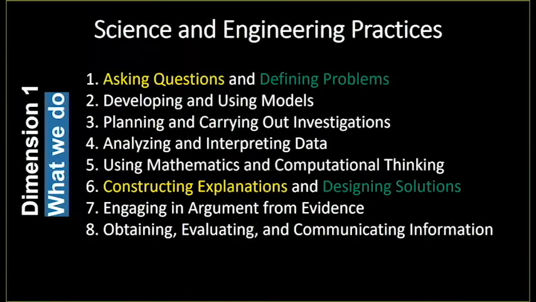So let's move on and just really focus on the science and engineering practices, because these are the things that students are doing. This is the dimension that really has the students engaged in the work and really tracking their thinking and making their thinking visible. And so let's just look at them. We're asking questions and defining problems. The yellow is for science, the green is for engineering. Number 2, develop and use models. 3, planning and carrying out investigations, analyze and interpret data, using mathematics, constructing explanations, engaging in argument, and obtaining, evaluating,